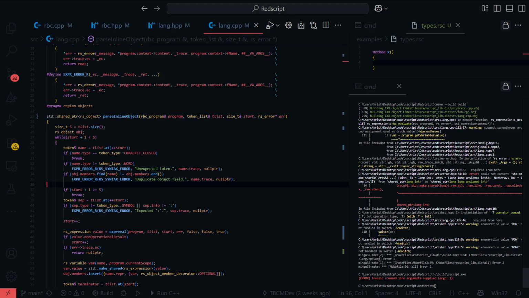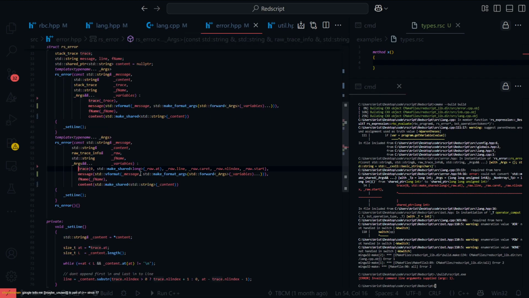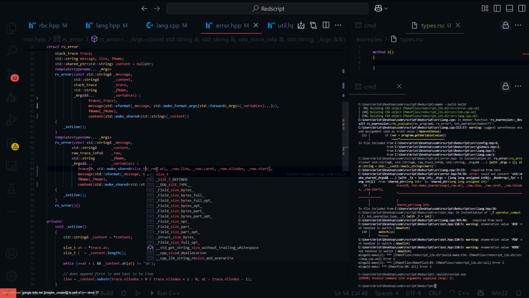Could not convert make shared args with type long int to long unsigned int. Yep. That's now supposed to be a size T. Hello, caps lock.